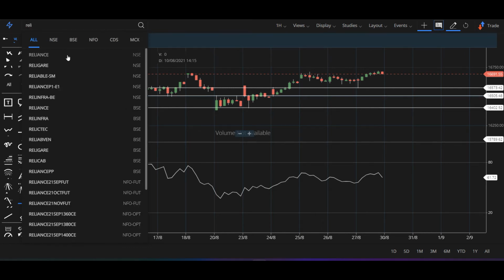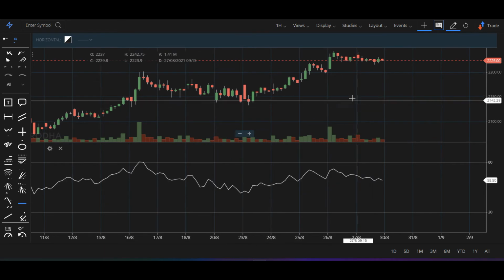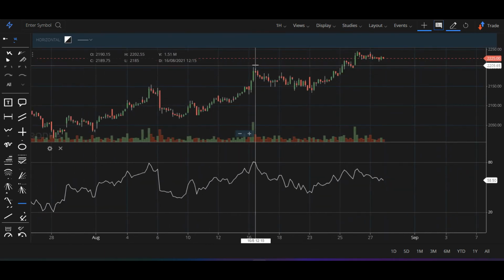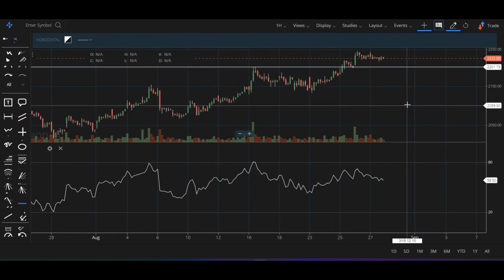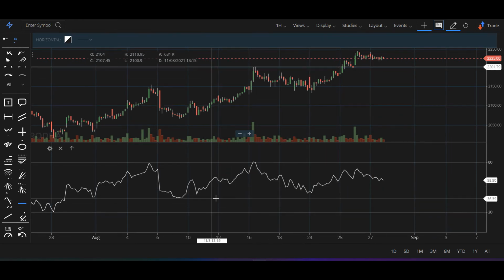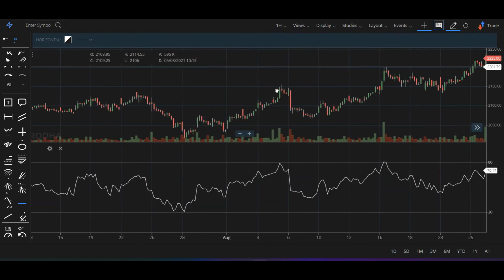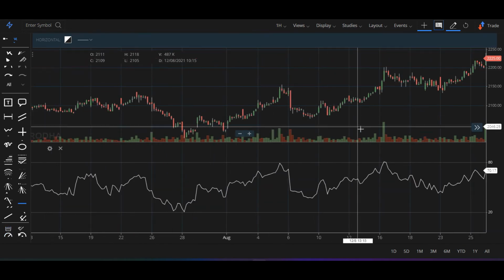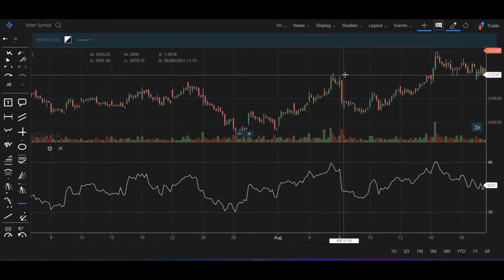So let's take everybody's favorite Reliance, right? So look at this particular place, right? So we had a resistance around this area, right? And we had support around this area. So probably we can just go little behind so that we know where exactly whether it has worked or not worked, right?